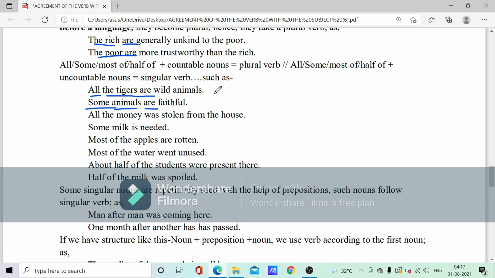If it is not countable, right, it is uncountable. If it is countable then plural follows, if it is uncountable then singular follows, right? Here, for example, money, all the money, there is no counting of the money. In that case what would happen,